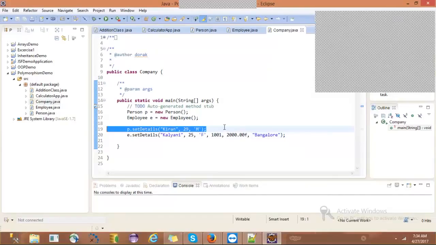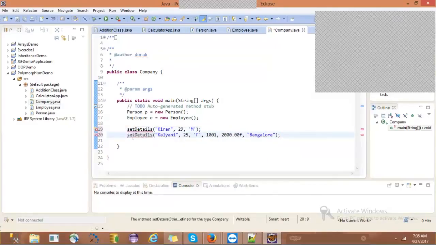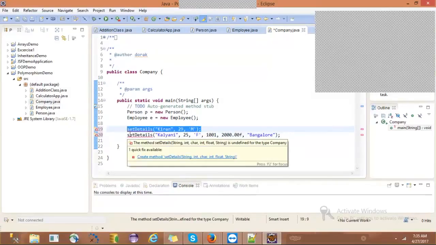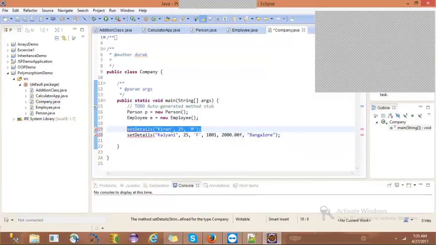Because of P. But what is the thing that we need to observe? Assume that if I remove this, now in this, because of 3 parameters, if I don't write the person or P or E, simply if I write like this, how many arguments am I passing here? 3 arguments.